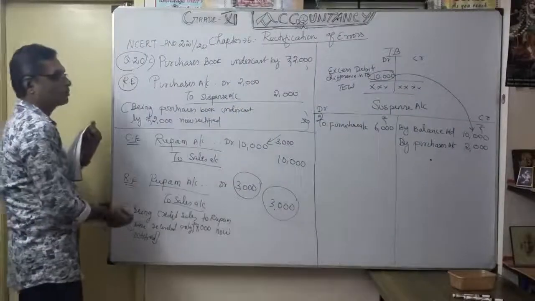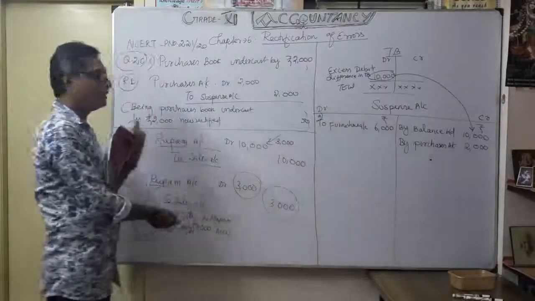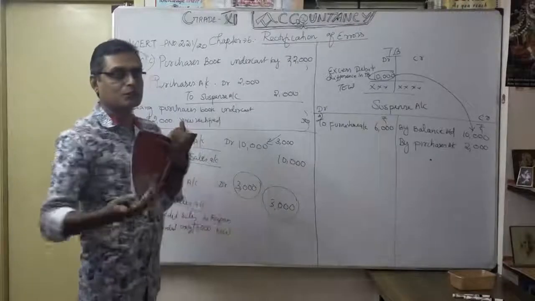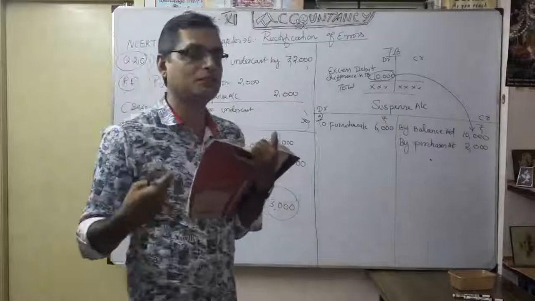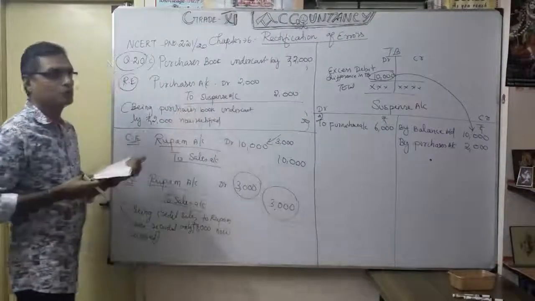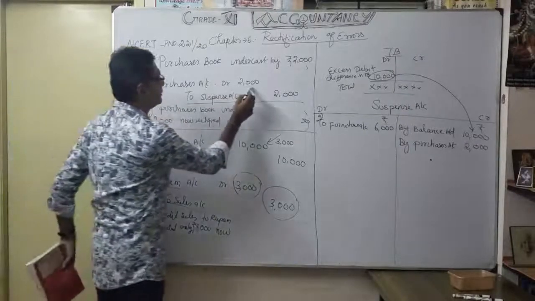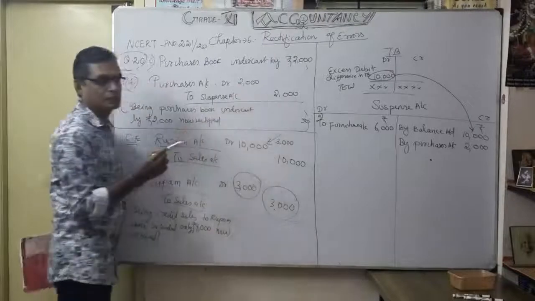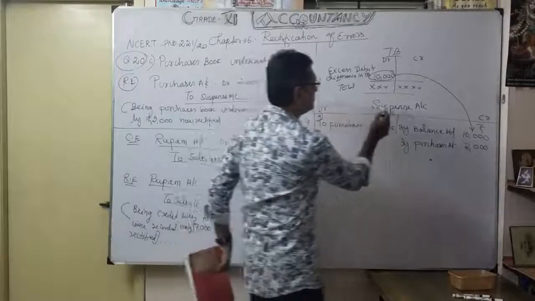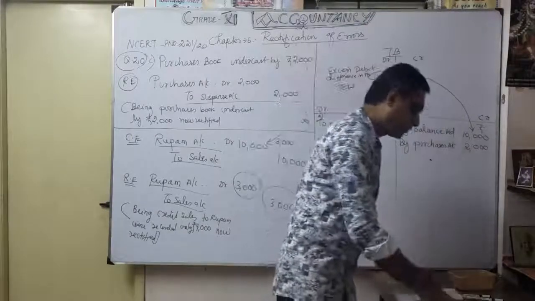Second transaction, no question of transfer to suspense account here, because only the amount difference is taken as usual, given the effect in the same entry, only the difference amount is given. So naturally room account increased by 3000, similarly sales account also increased by 3000. But here as a purchase book under cast by 2000, directly rectification entry, purchase account debit 2000 to suspense account 2000. After the narration of rectify, immediately whatever suspense account is opened, by purchase account 2000. Okay, understood now about our third one.